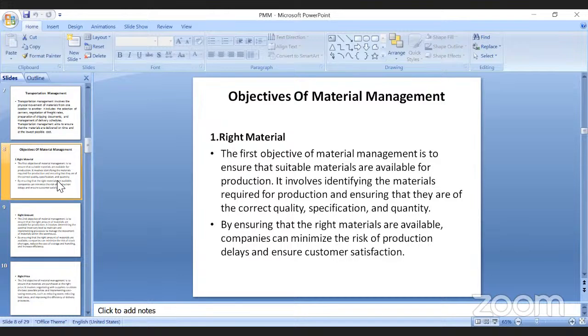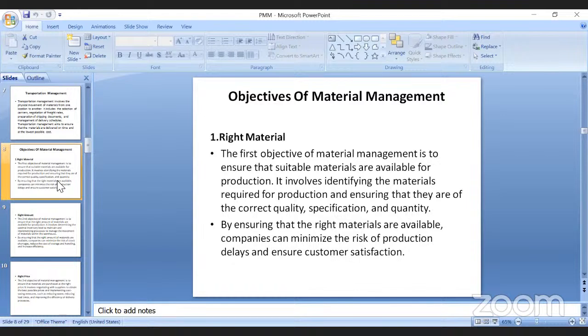Suppose those materials are decided by you. Whether those materials are available in the market or not, that depends on availability. Suppose you have decided that a material will be used for your production system, and it is not available in the market. Then what will you do? We have to plan accordingly beforehand and set up alternatives, alternative sources, alternative suppliers. And in that case you have to pay maximum money.